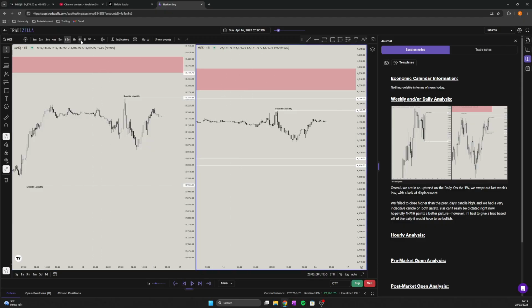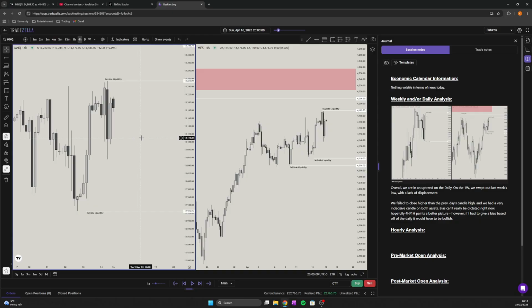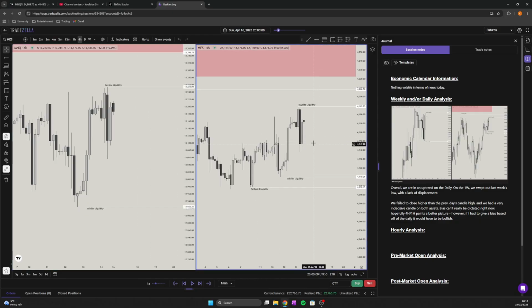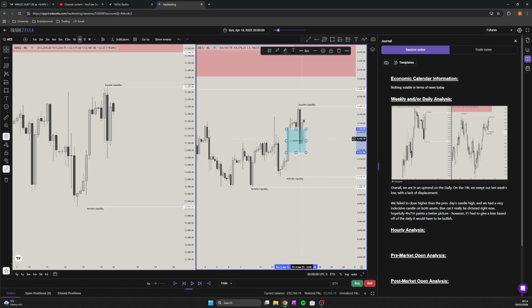All right, cool. Let's have a look at the 4 hour. Did we see anything cool? Anything important? Look at that. We have a bullish gap possibly being respected right now. I mean, it definitely is. Look at it. That's not an order block, is it? Push, the gap gets respected.